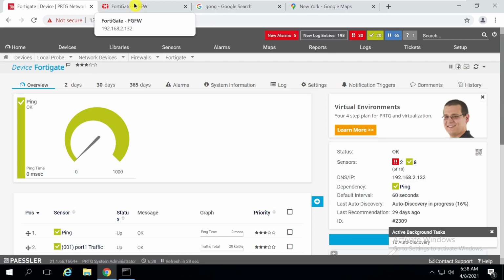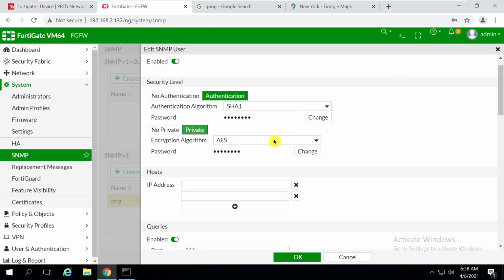And on the FortiGate side, I'm enabling private, and I use AES.